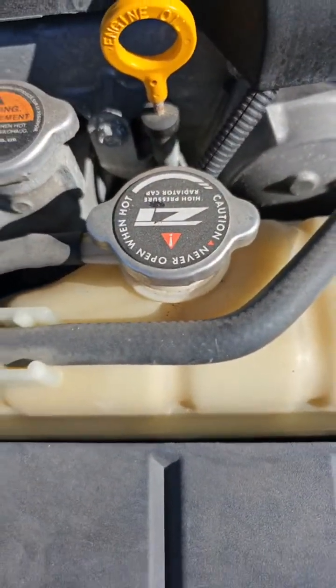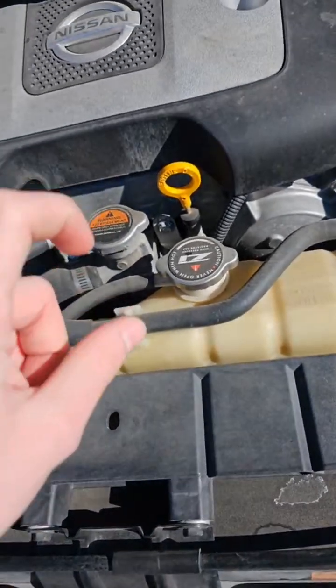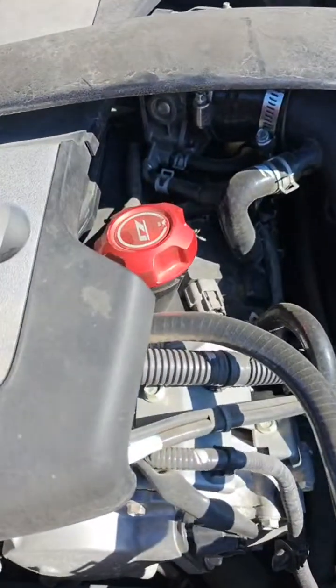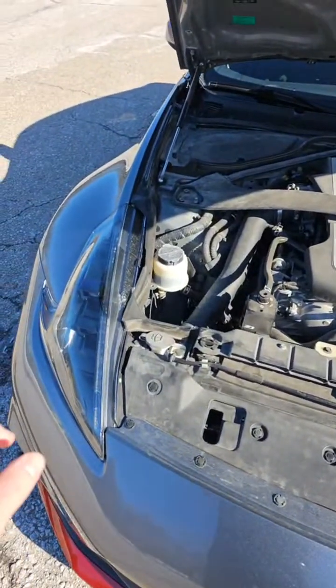I have a Z1 Motorsports cap here that actually allows a different pressure release, so it's actually better than the OEM one. And this is my oil fill cap. But I was making a video here, and you guys are going to see the video on the